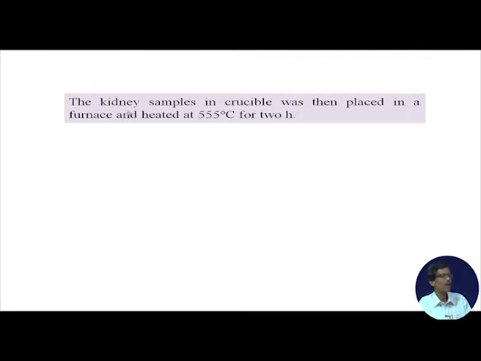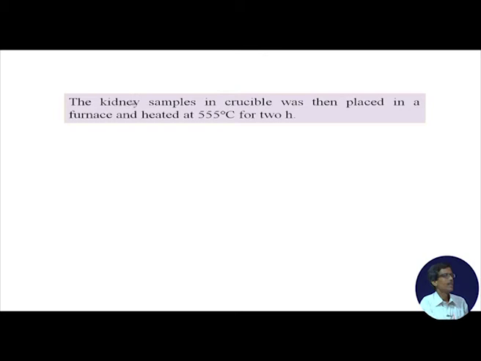The chopped kidney samples, which are organic matter, basically fleshy matter, we take in a crucible, place in a furnace and heat at 550 degrees centigrade for 2 hours. This is the recipe, the methodology, the technique we can use to identify this particular stuff at very high temperature. The basic idea is that you have the disodium salt of arsenic acid, and arsenic acid will be converted to arsenic based oxides at a high temperature.